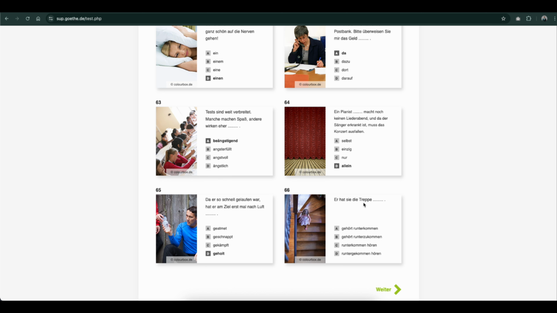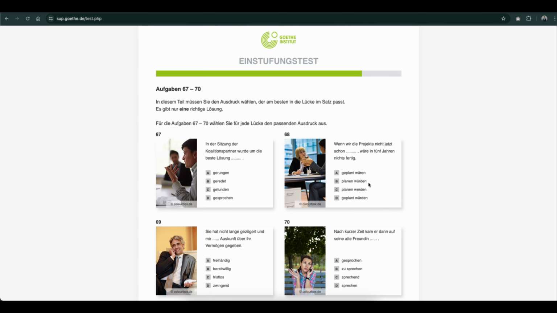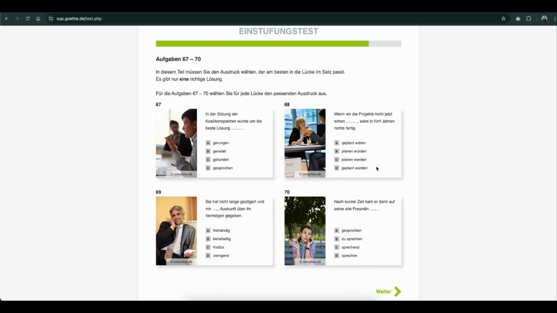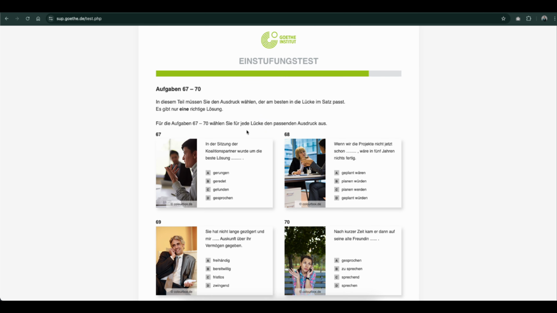So, back to the placement test. This is how I'm struggling with finding the correct answer. Then you just click Weiter, and you go to the next page, and I think this is the last portion of the exam, where you have these four questions, and then afterwards you will have